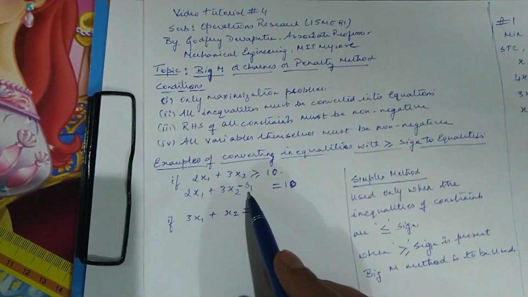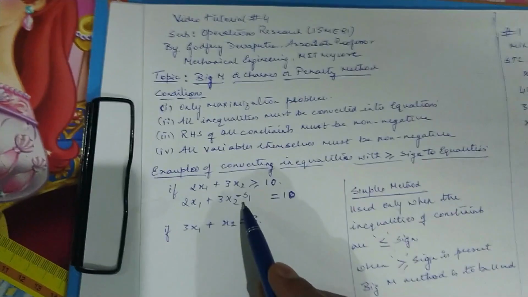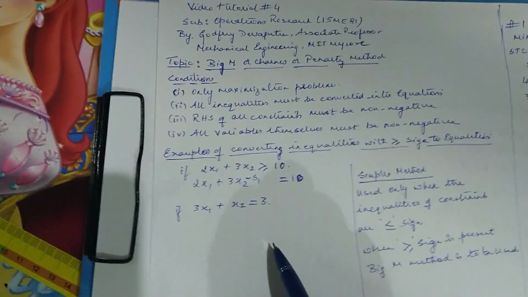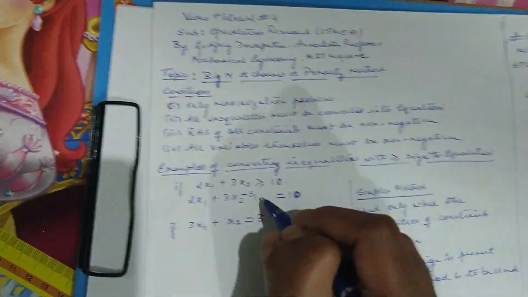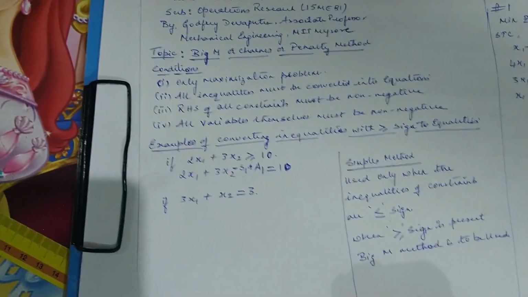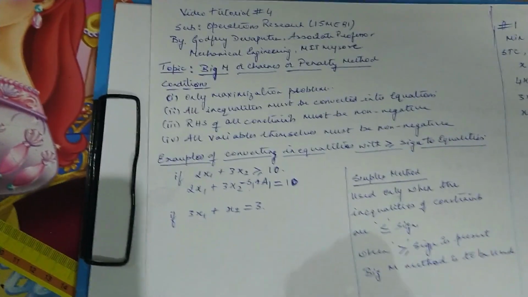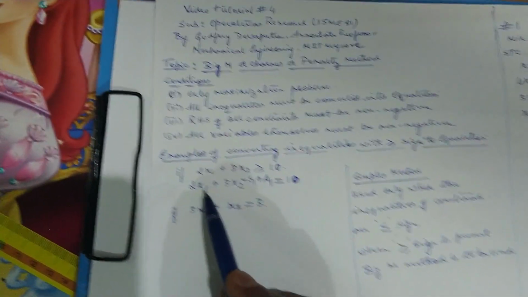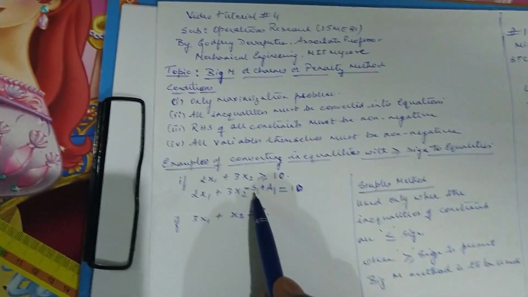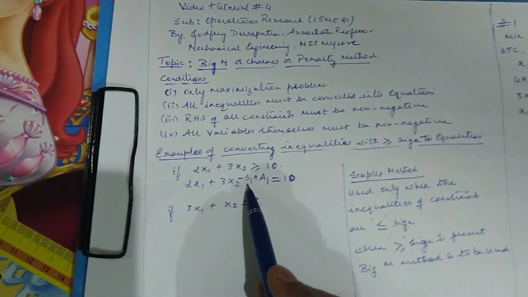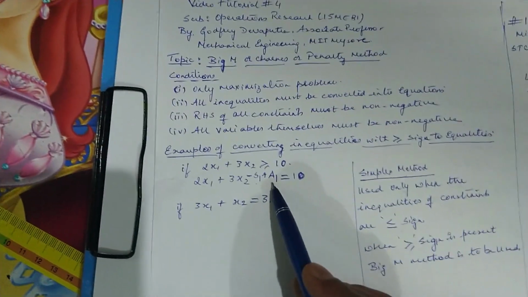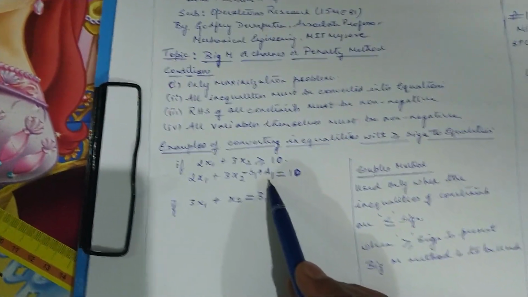But now, when we subtract here, we do not know what is the effect of this surplus variable that we have added here. What will be its effect on this equation? So here we're going to add one more variable, which is called an artificial variable, and name it A1. I'll repeat once again: 2x1 plus 3x2 was already very much greater than 10, so we have subtracted a huge amount of value by the name of surplus variable, and to negate the effect of the surplus variable on the system of equations, I've added an artificial variable called A1.